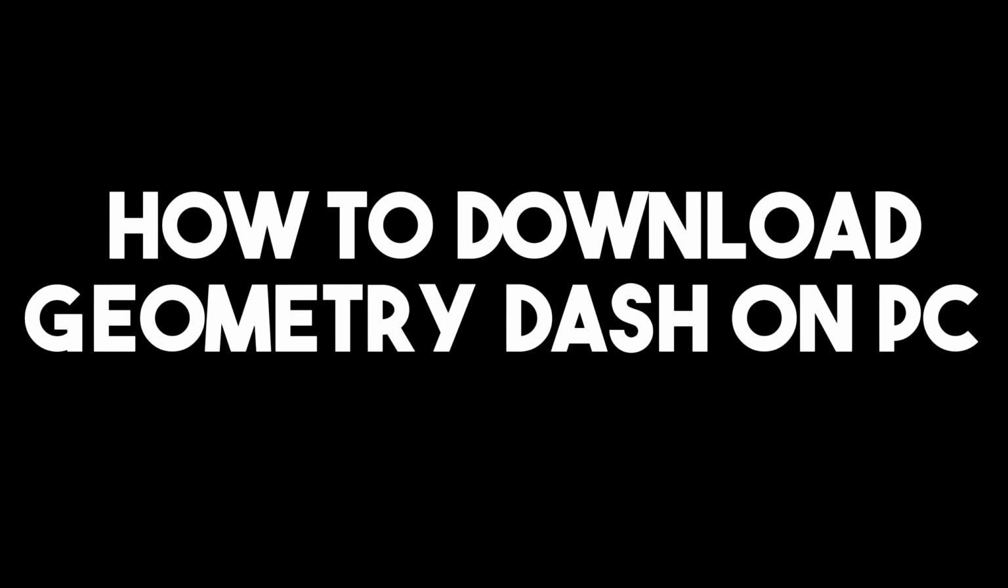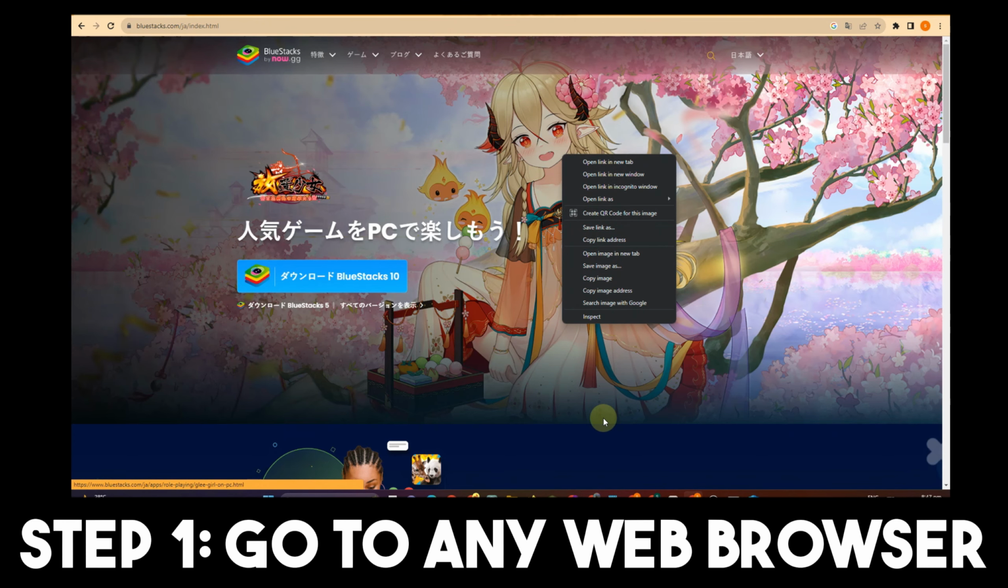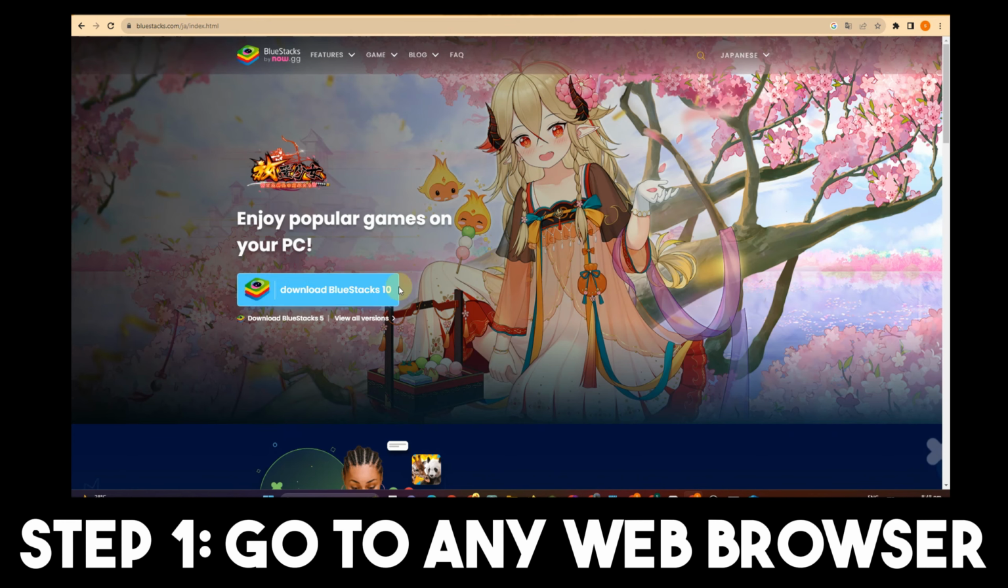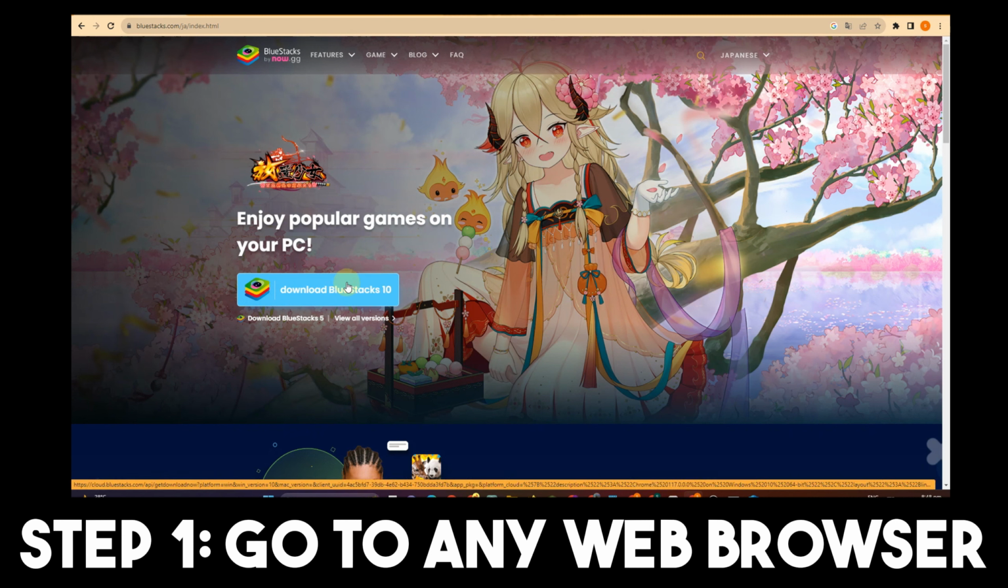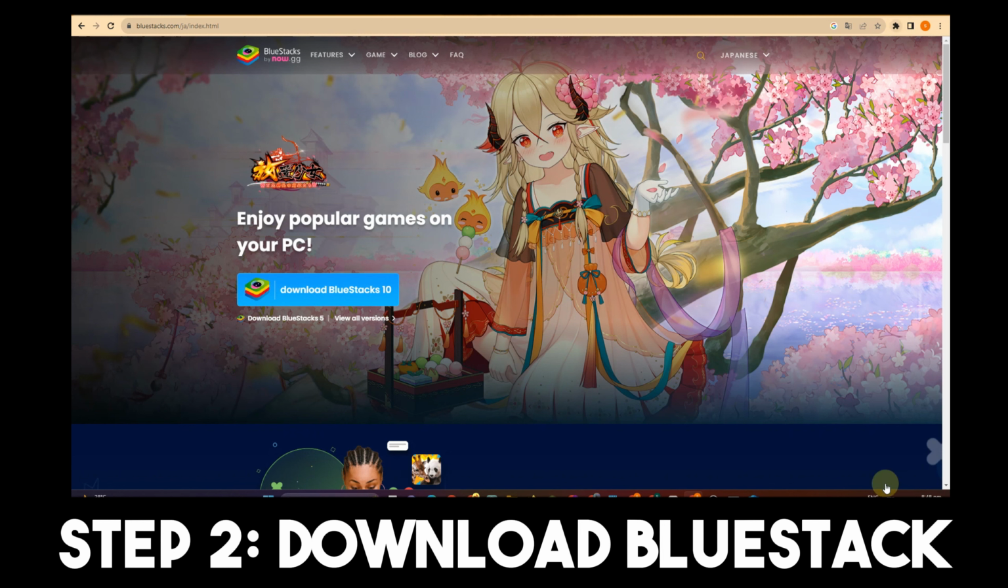Hi, in this tutorial, I am going to show you how to download Geometry Dash on PC. So, step one, go to any web browser and then search for BlueStacks download. Tap this. Step two, what you're going to do is to simply click this download BlueStacks here, and